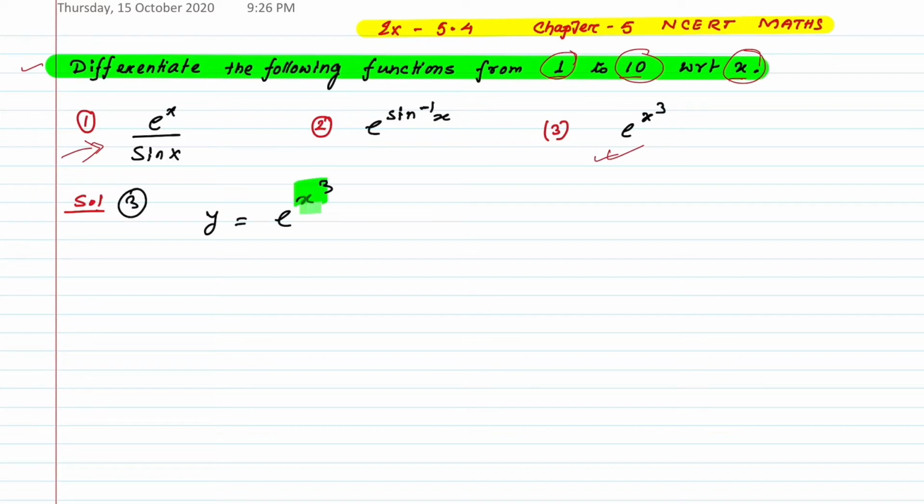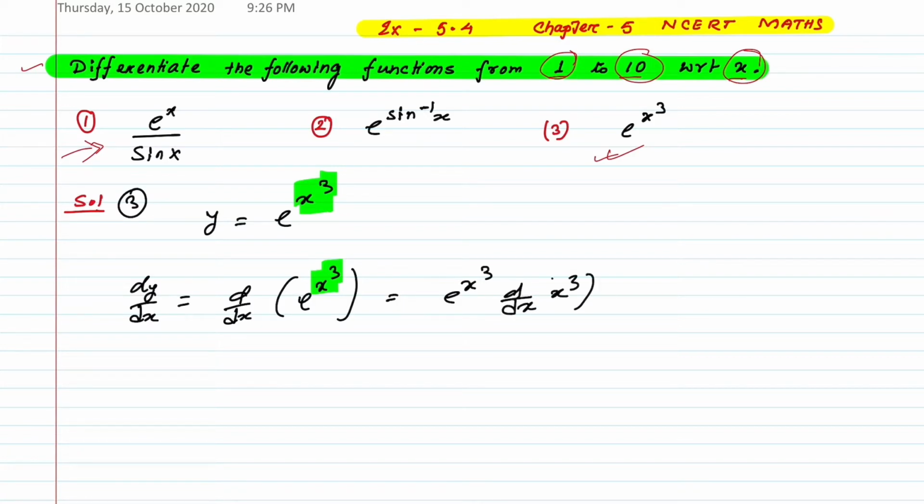Now assume this one as only x, then dy by dx is equal to derivative of e to the power x to the power 3, which is given by e to the power x cube, since derivative of e to the power x is e to the power x. Then again x cube is also a function of x, so derivative of x cube again,